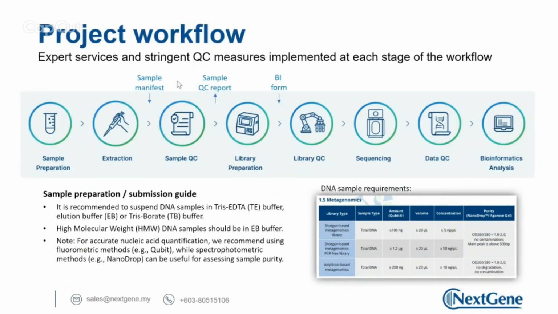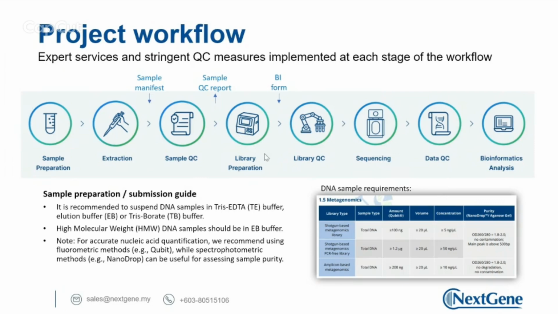Normally, because sometimes we are not so sure whether certain samples will pass the QC, we will also encourage researchers to maybe prepare more samples and ship together in one go, so that if, let's say, some of the samples are not so good, then we have some backup samples and we do not really need to redo the sample shipments and everything. So it won't delay the projects per se. So once everything looks okay,